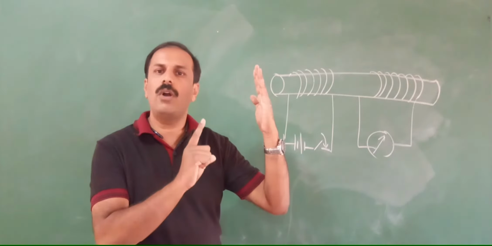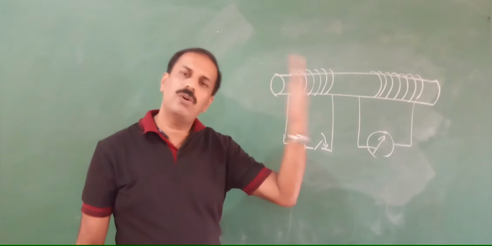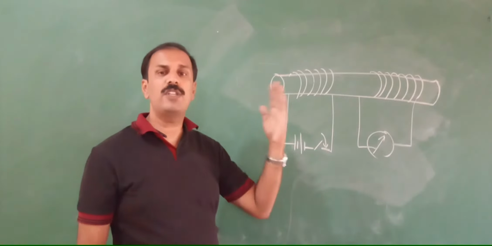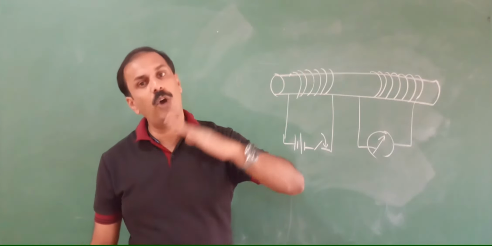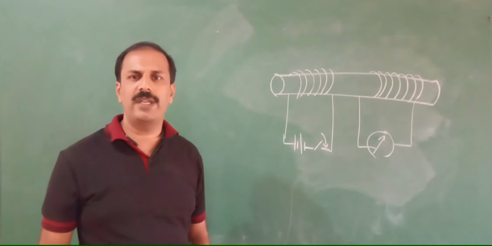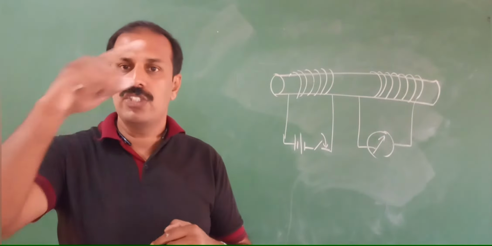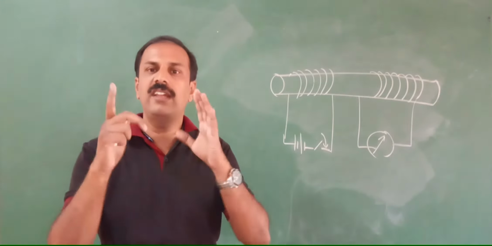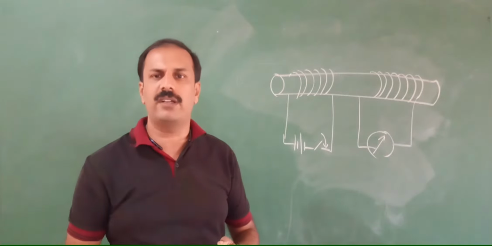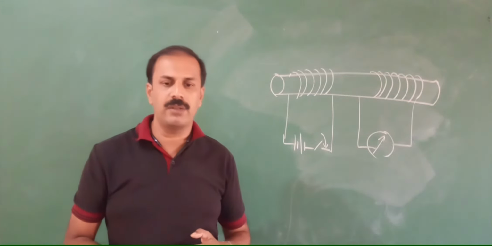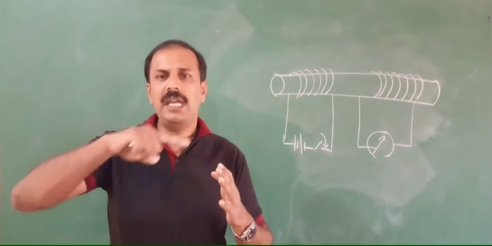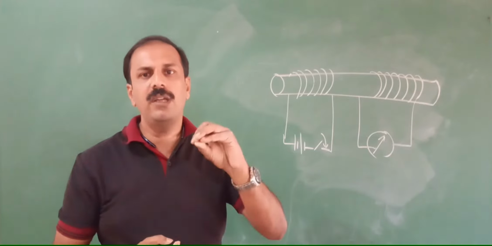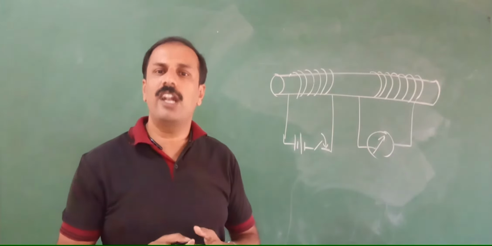If you keep the current on, it will not make any induction. It will go there and come back. Now if you maintain like that, nothing will happen. But when you switch off this one, again it will show a deflection, but in the opposite direction. So this is called electromagnetic induction. That is, a changing current in one loop or one conductor can induce an EMF in the nearby conductor or coil. That is called electromagnetic induction.